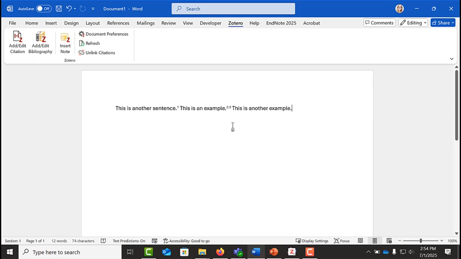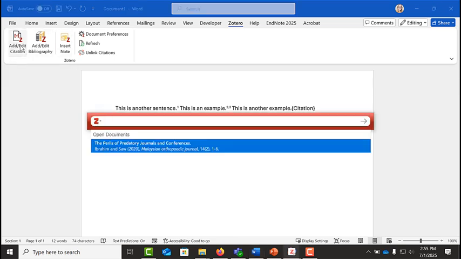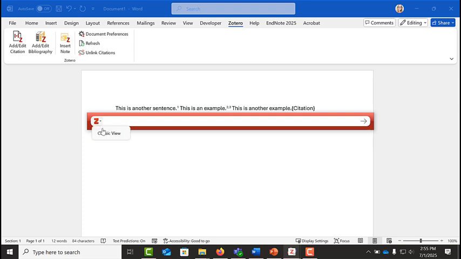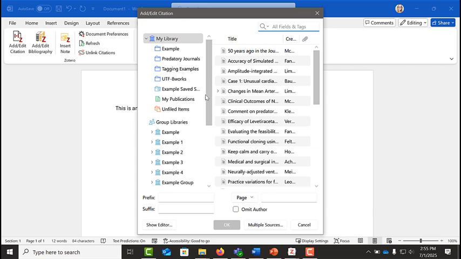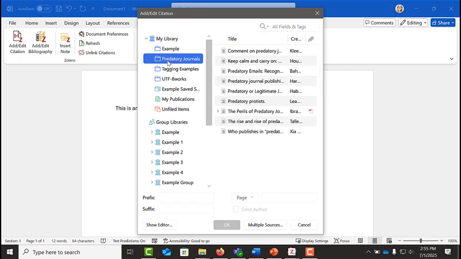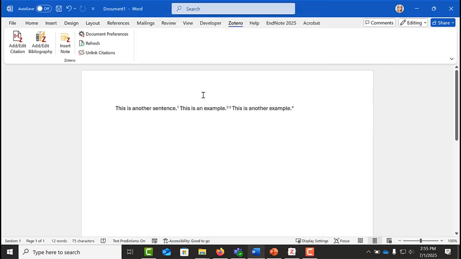You can also search specific groups for your citations. To do this, we're going to hit our Add Edit Citation button again. And what you can do to access the Classic menu in Zotero is you can click this little drop down next to the Z and click Classic View. What this does is it allows you to access specific folders in your Zotero library. So if we click one and find the citation we would like to use and click OK, that'll insert that